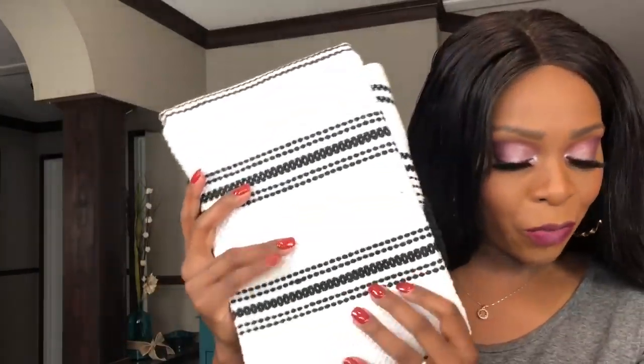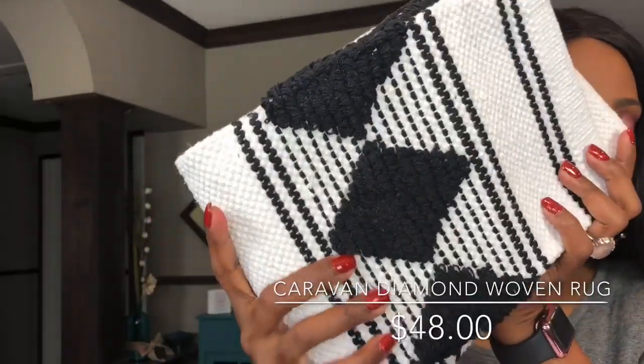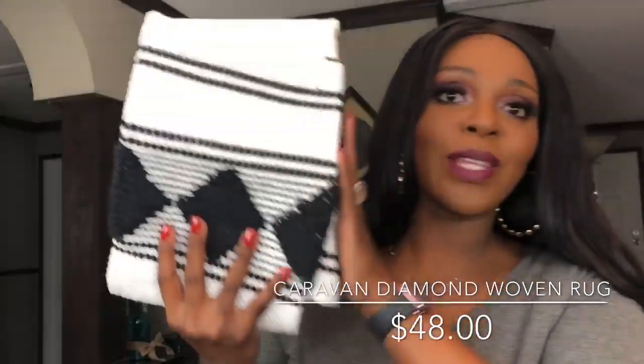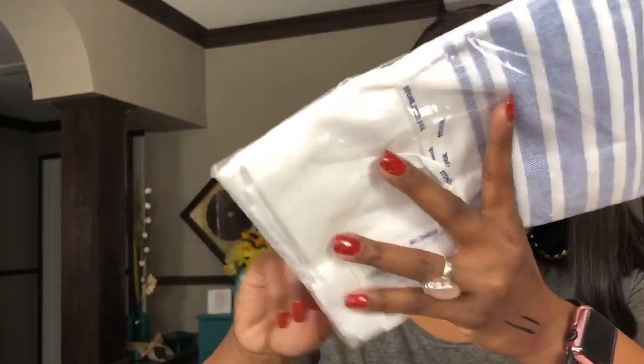Let's see what this retails for, guys. And this is the Caravan Diamond Woven Rug, and it retails for $48, guys. Wow, $48. Ooh. And we have one more item, and this is, I don't know, Stone Cold Fox. Let's see if I can find something on here that says that. Okay, so this is the Stone Cold Fox tea towels. Oh wow, these chic tea towels feature a white and blue striped design and are both absorbent and durable. Okay, and this retails for